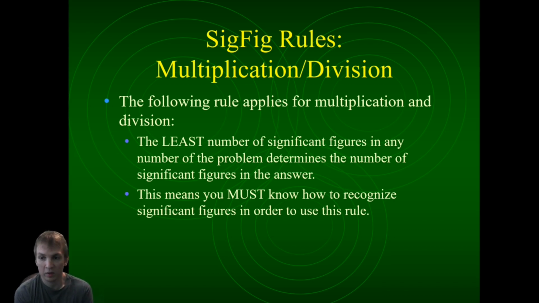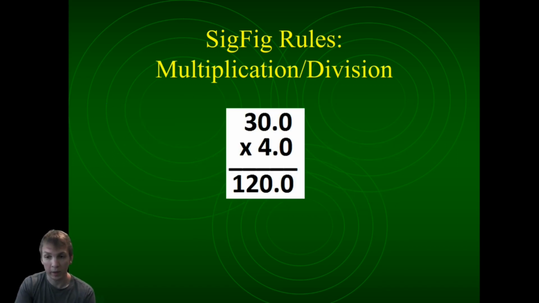The least number of significant figures in any number of the problem determines the number of significant figures in the answer. This means you must know how to recognize significant figures in order to use this rule. So for multiplication and division, instead of looking just at the decimal portion, you're actually looking at the whole number. Okay? So for instance,